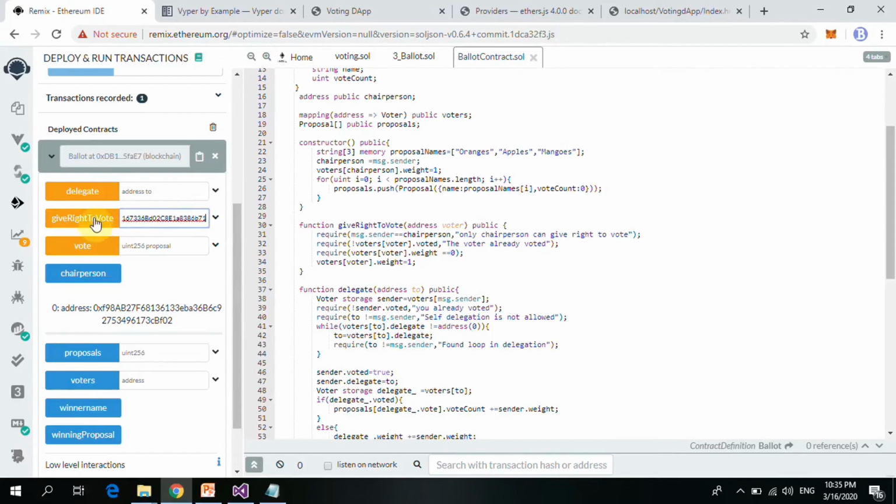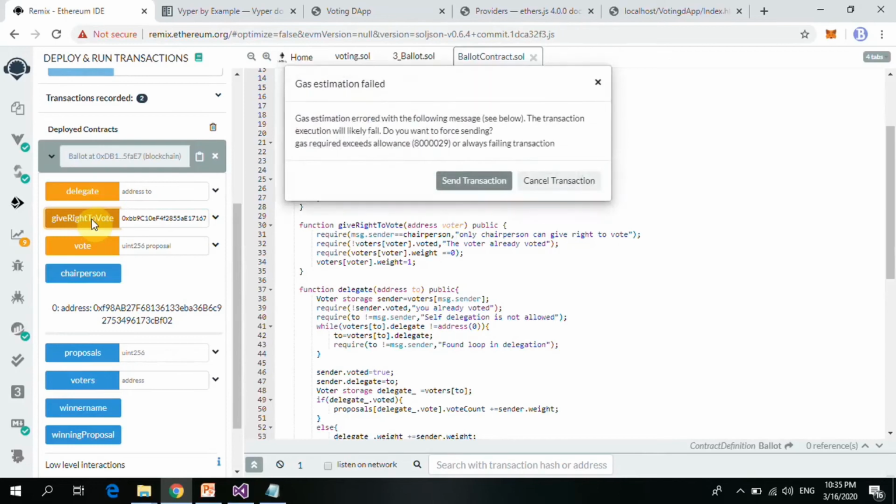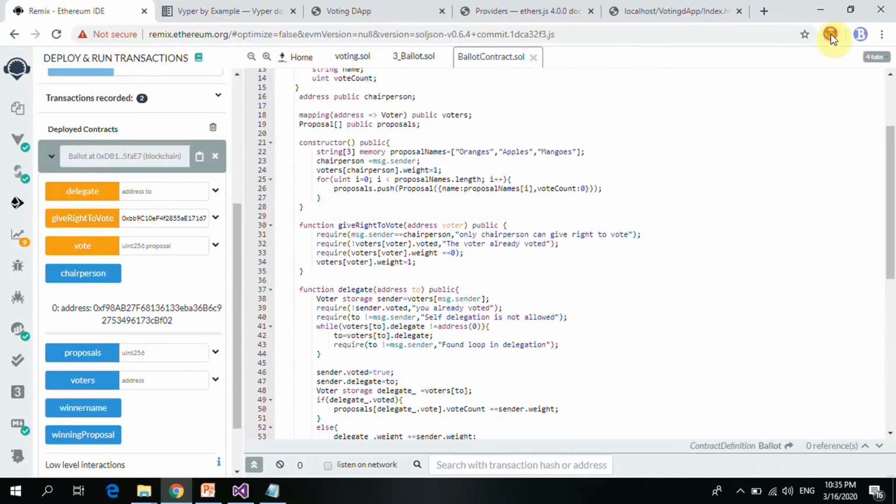So you can actually call this function on your interface, just the way I call the vote function, and pass in this parameter. So let's give this second account. Gas estimation failed, and you know why? That's because this operation was performed by an address that is not designated as the chairperson, which is the first account. So let's change it to the first account